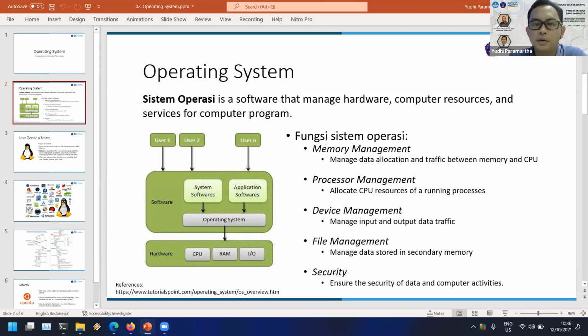Okay, I'm sorry, this is still in Indonesian, but I think it's okay. The functions of the operating system are memory management, process management, device management, and file management. So when you are using a computer, that's the main function of the operating system.